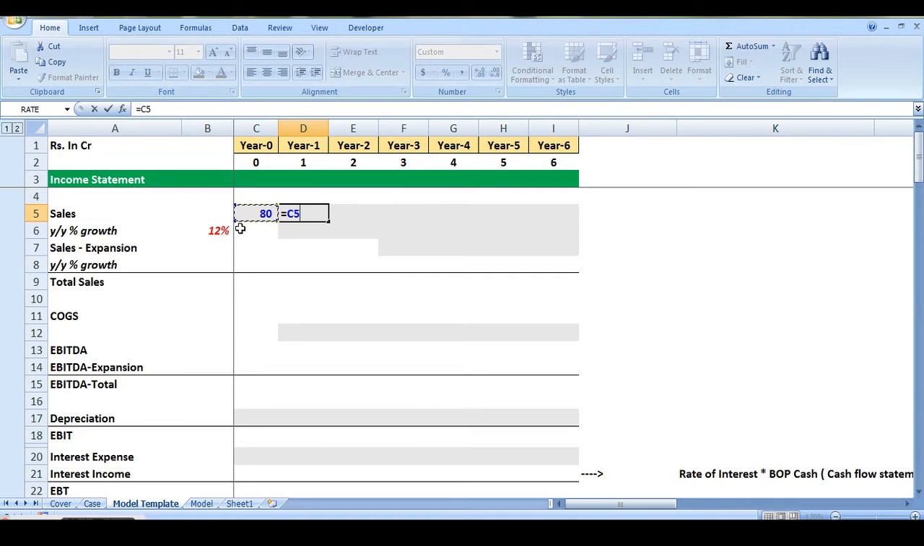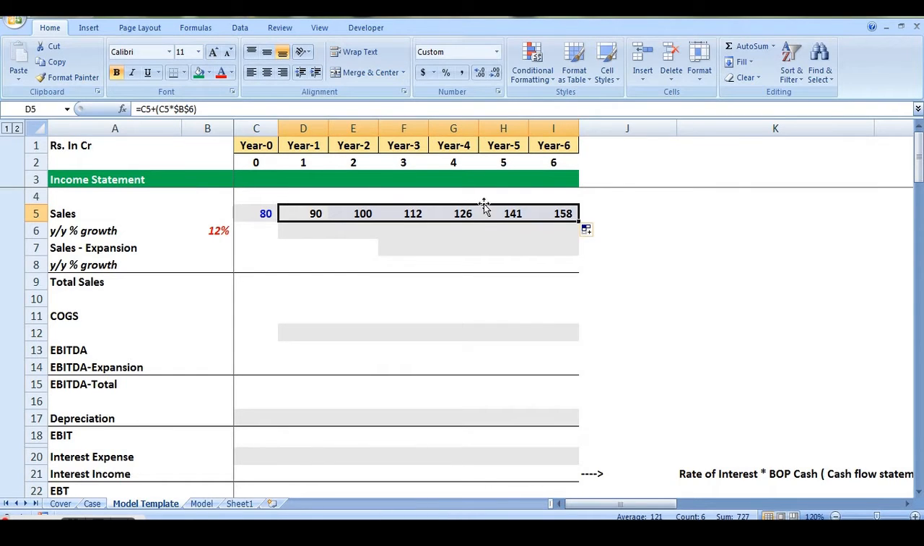year 0 sales plus 12% increase into year 0 sales. Look at the formula very carefully. Year 0 sales plus 12% increase into year 0 sales, but here we will freeze the growth rate. Why? Because it will be easy for us to drag it. So now as I have frozen the growth rate, I can simply drag it over the period of time and I can get the values of sales for all the upcoming years. Same is the case with